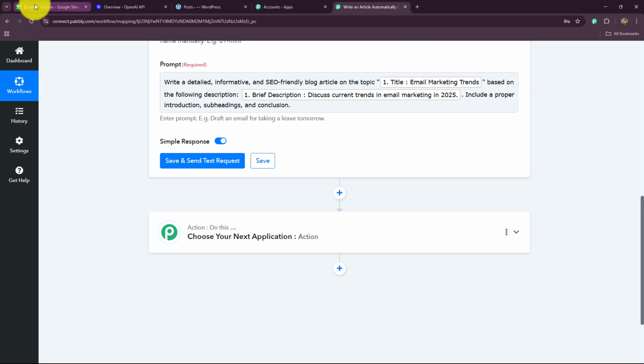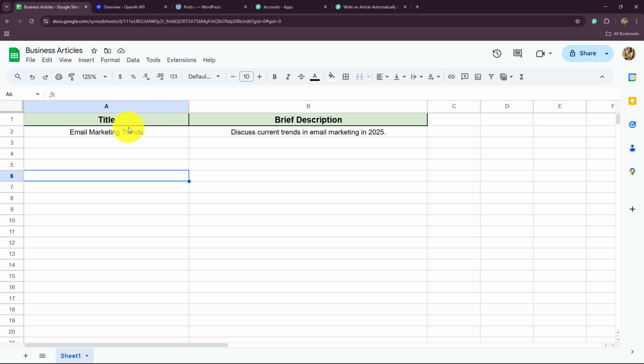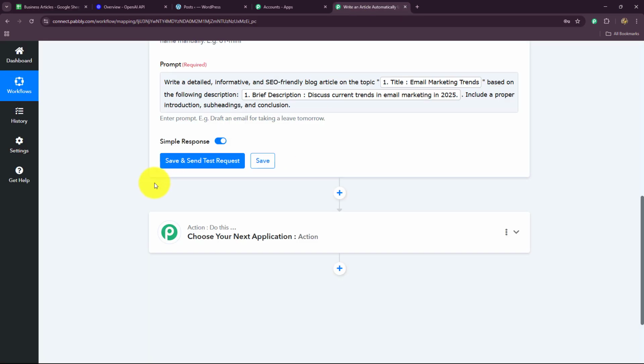This means that every time a new row is added in our Google Sheets along with a new title and description, the response will be captured. And as the new response is captured, these details will automatically get replaced in this field. In this way, we will be automating the entire process of generating articles for each topic which is added